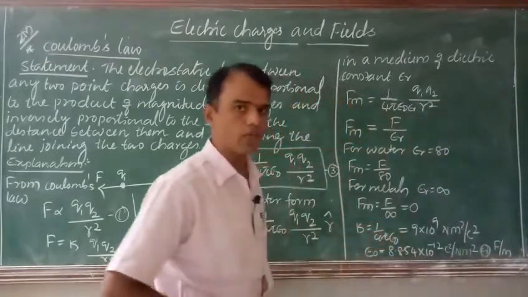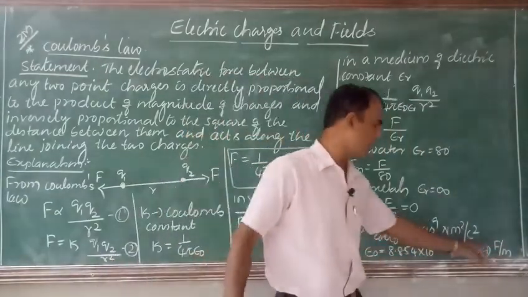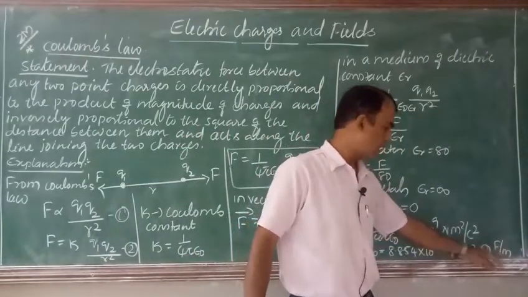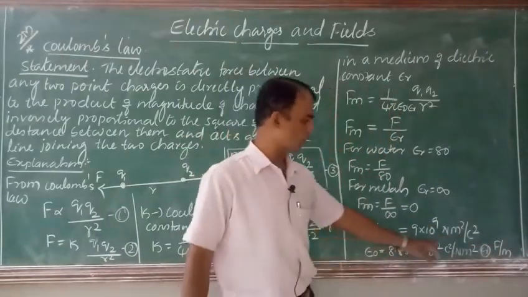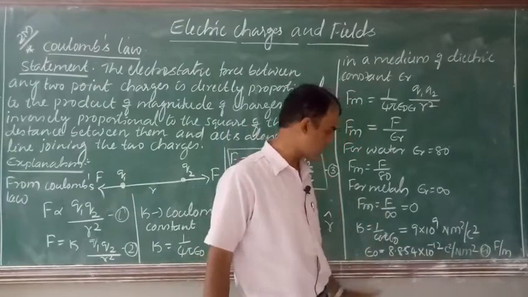Farad is the unit of capacitance. Symbolically we write that as F, Farad per meter, or Coulomb square per Newton meter square is the unit of